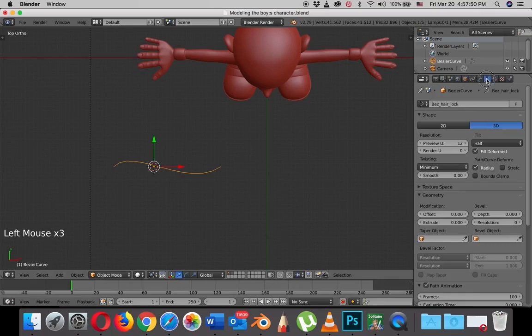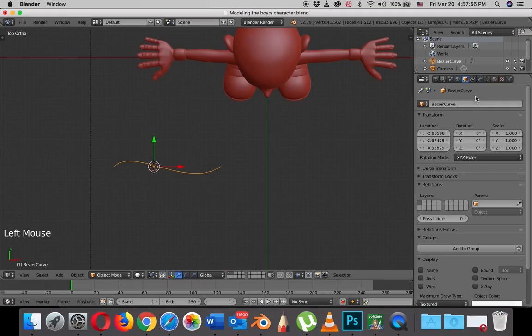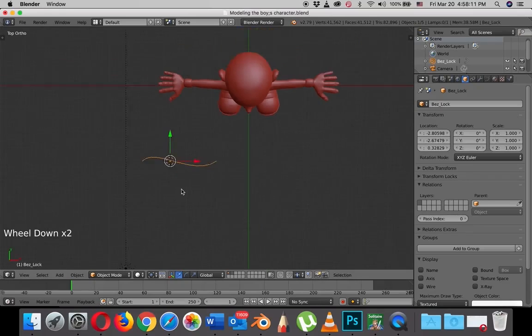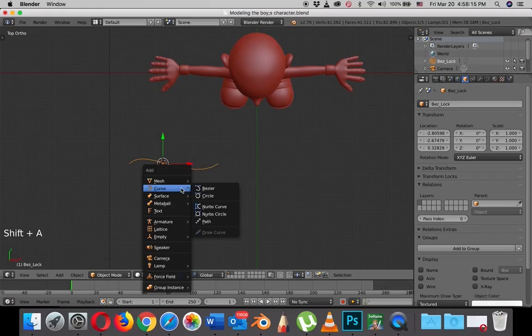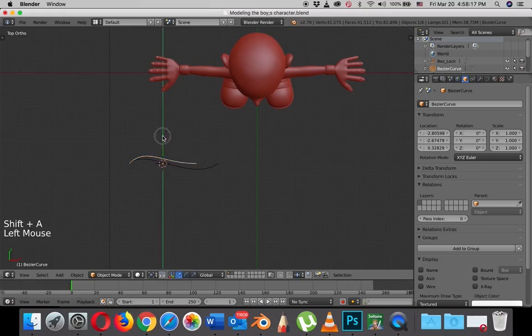This is now selected. I will do this again at the object properties. So Bez_lock. Okay. I will go back to the 3D window and hit Shift A and add another Bezier curve,